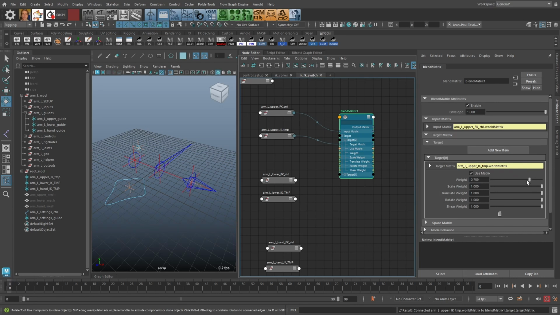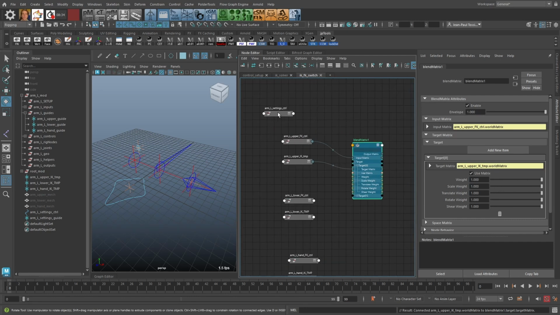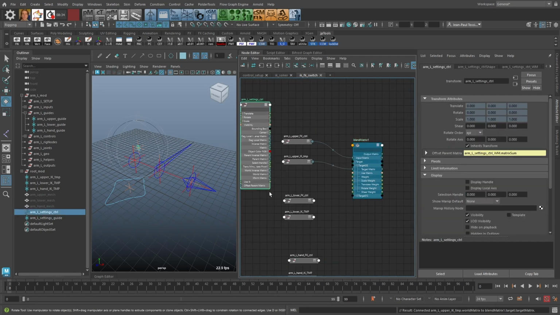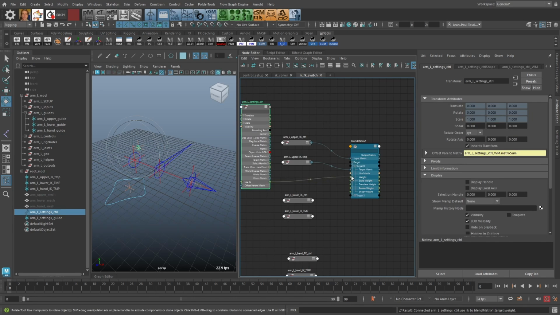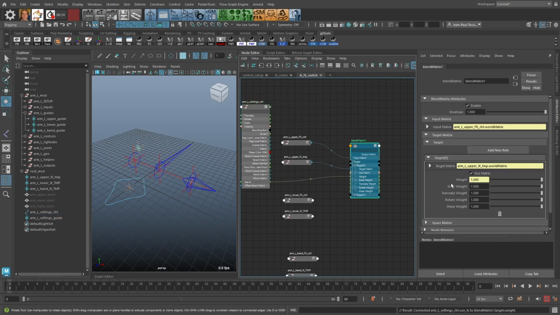If you set the weight to 1/2, it will blend half between this matrix and that matrix, but this way it will override. So if we now connect the settings attribute, the use IK, to the weight in the blend matrix, we now have a way to blend these two matrices from the FK matrix to the IK matrix,